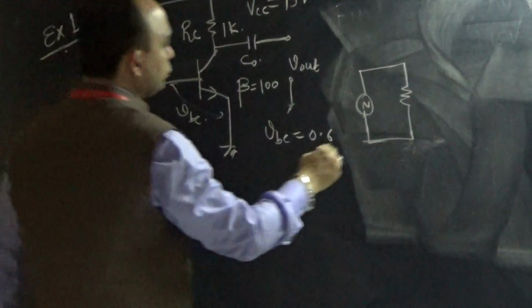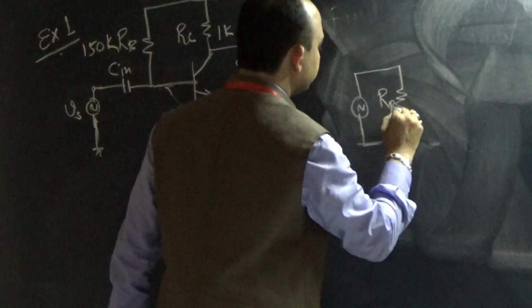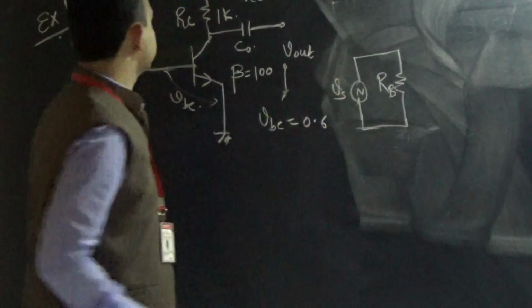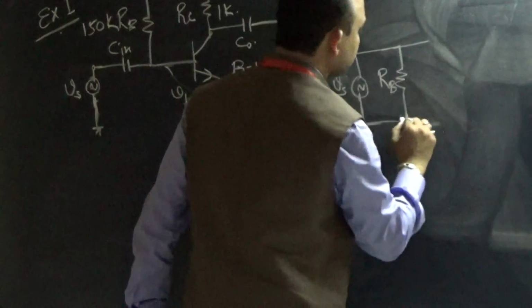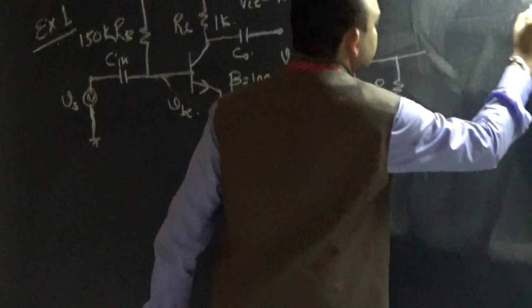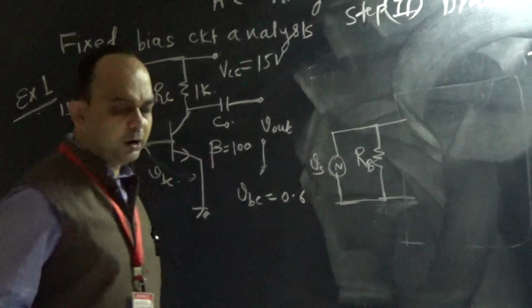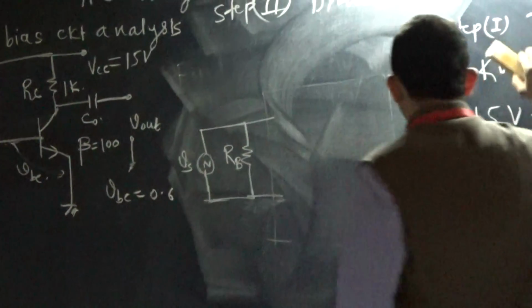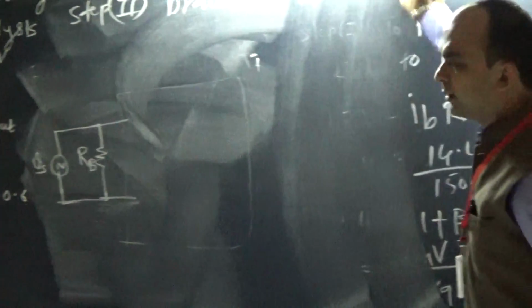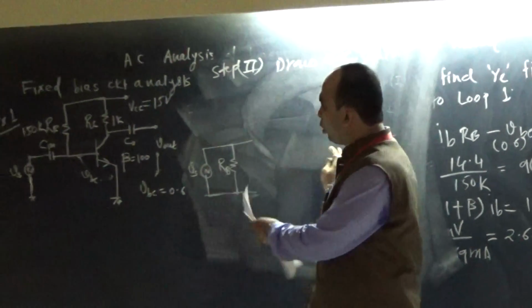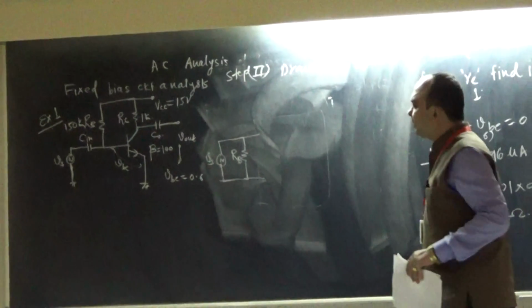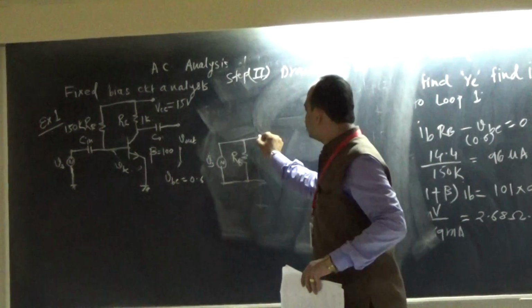What is this value? RB. What is this? VS. Now let us assume that here we have to draw the re model. Let us not draw it first. Let us try to draw both the sides of the BJT amplifier by using AC analysis, and then